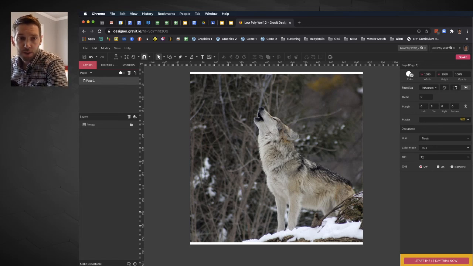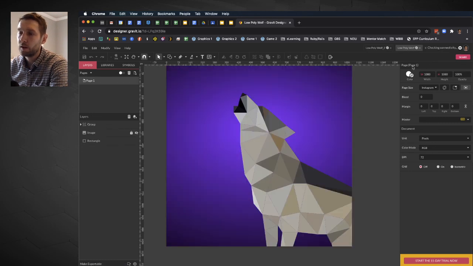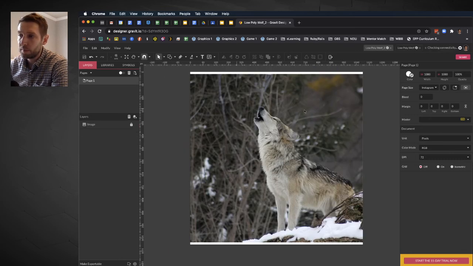Okay, for this project, we are going to be creating a low poly portrait. I'll show you what that looks like. You can see right here, essentially what we're going to do is reconstruct an image using simple geometric shapes, namely triangles. And so for that, we're going to start off by creating an Instagram size page or artboard here in